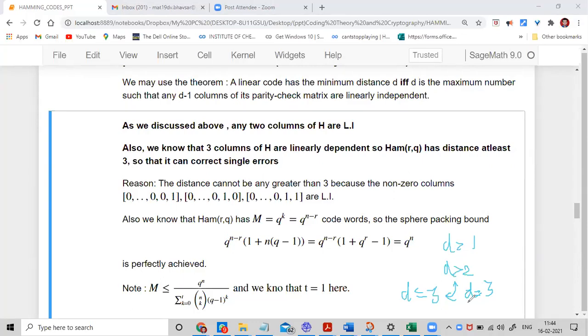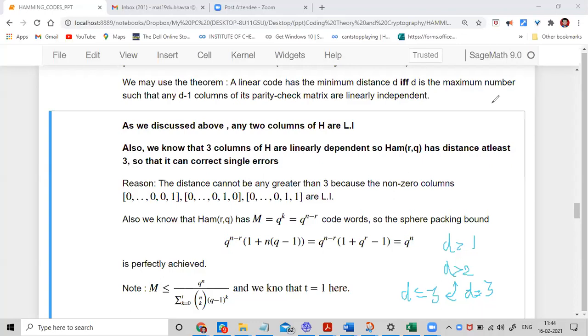You remember that at that time I proved it for k columns. Pragati is not here today. She explained at that time; when I was telling, she took over. Very easy actually. If 3 columns are linearly dependent, then I can have non-zero scalars such that the linear combination equals 0. That means I have a code word that helps us find that the distance is less than or equal to 3. So I request you to look into that again one more time.